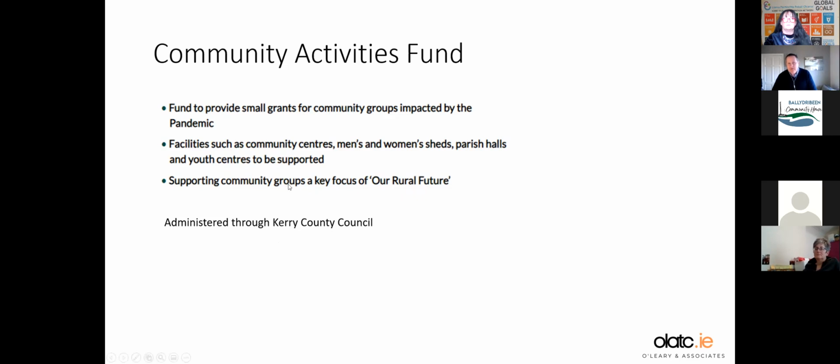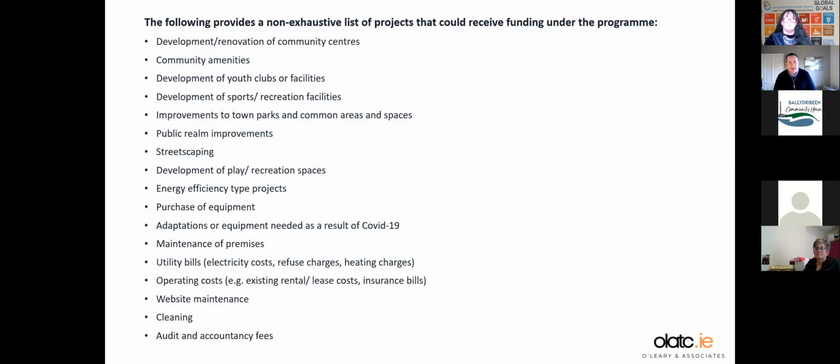So you won't be going in looking at, they're not going to fund 3 projects at 100 grand each sort of thing. It's going to be divvied out across the county. So don't go in with some mad kind of project. But make sure that you can show how you're impacted by the pandemic, how this project and this funding will support you, and how it links in with national policy in terms of rural policy. Okay, so